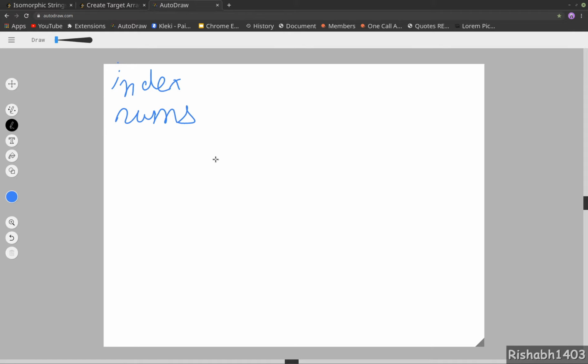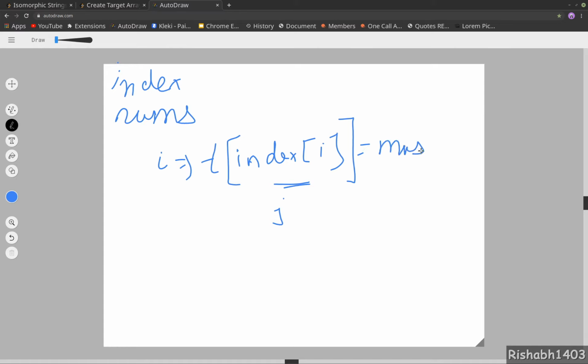Now for every i, the index would be index[i], and in the target array at this position, so now this becomes our new index, in the target, let's say t, in the t array at this position the value would be nums[i]. So this is the relation.